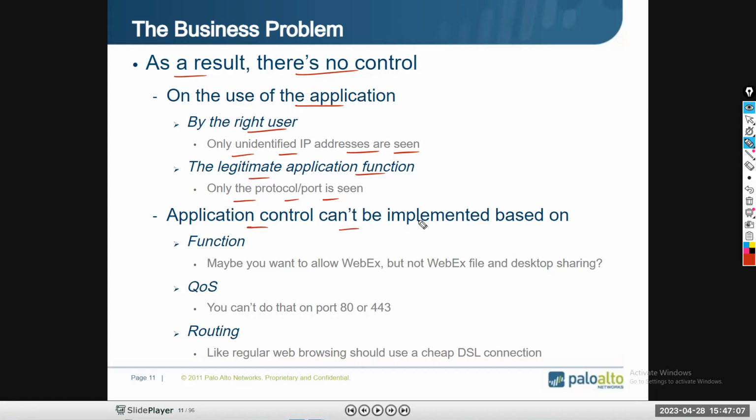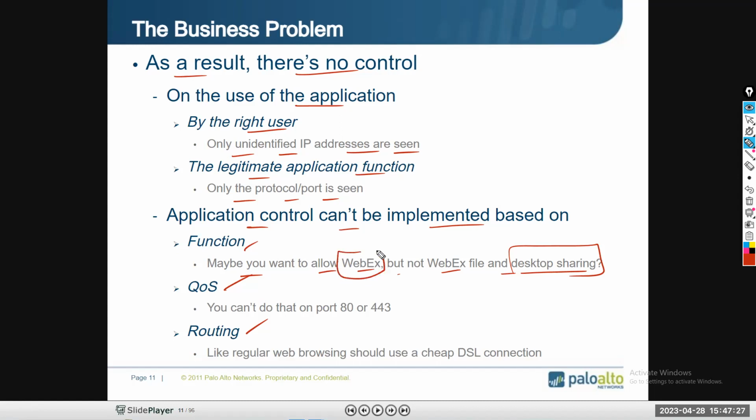Application control cannot be implemented based on the functions, or QoS or routing. Maybe you want to allow WebEx, but not WebEx files and desktop sharing. It is not possible, right?